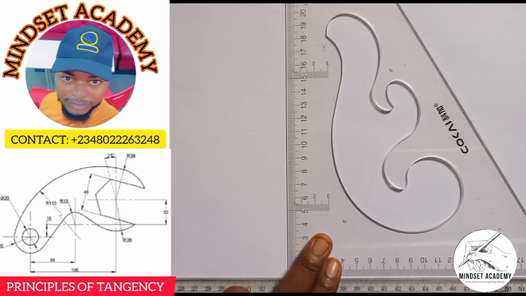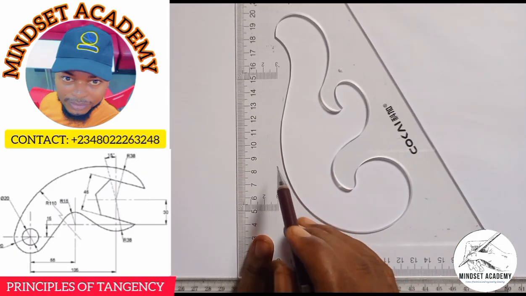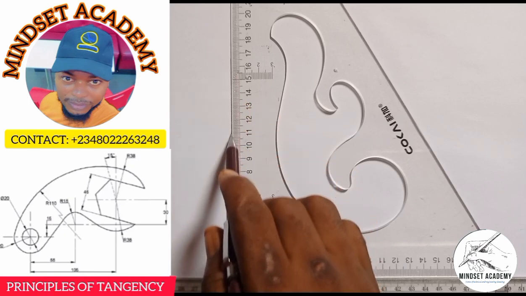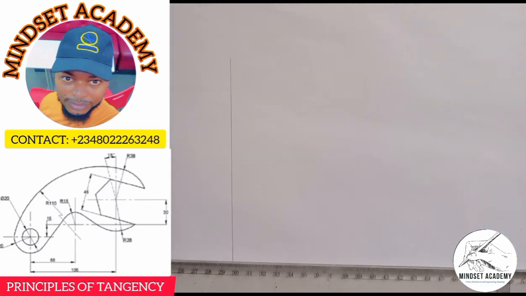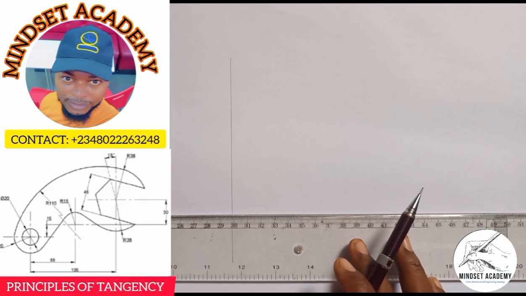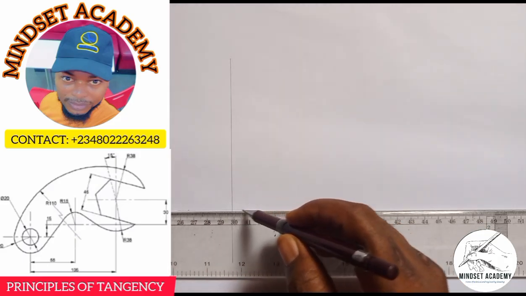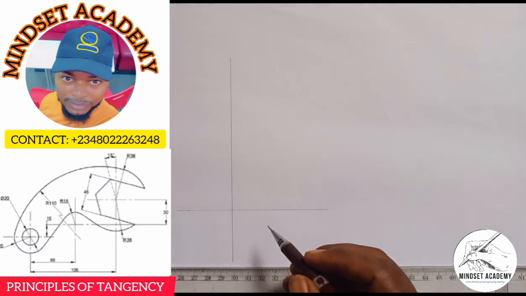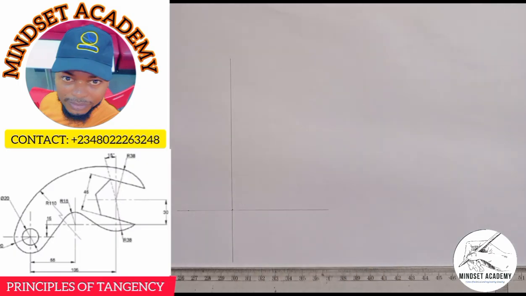So I'll draw the vertical line this way. I'm going to draw the horizontal line this way. So let's say this is the center that my arrow is pointing. Now the first radius here, the bigger radius, the bigger circle outside, you see, this is